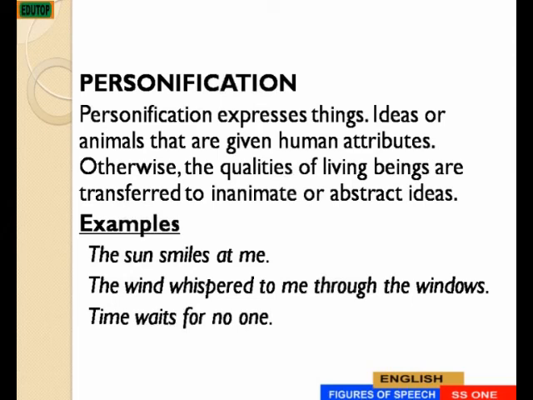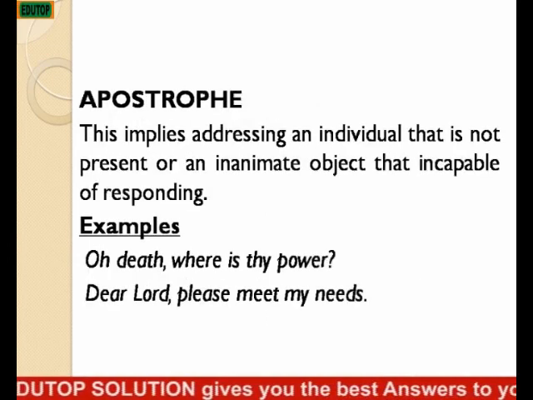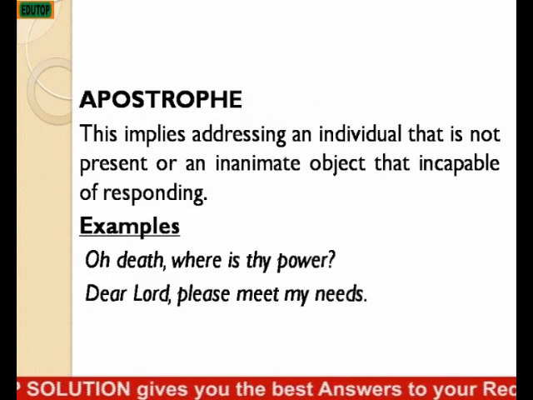Time waits for no one. That's another example. Time is an inanimate object or idea, and we are trying to give it an animate quality, which is wait. Human beings can wait, animals can wait. Time, we are giving that attribute to time. So we tag all these examples personification. Apostrophe. When we are using apostrophe,